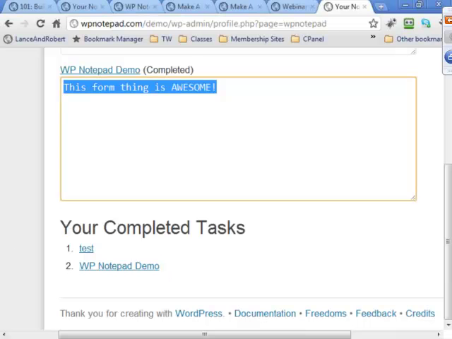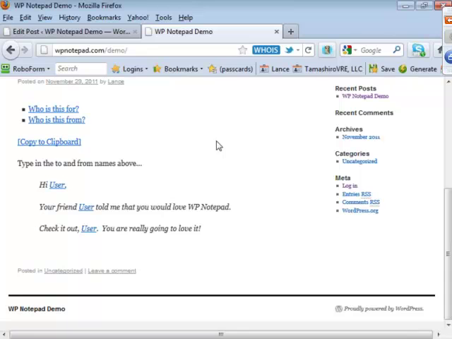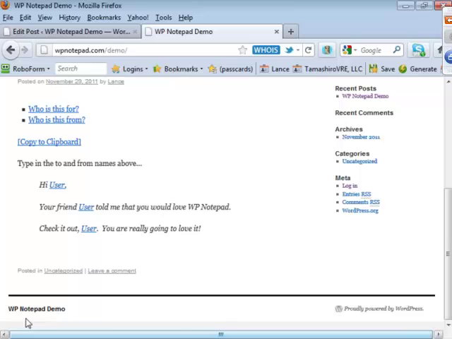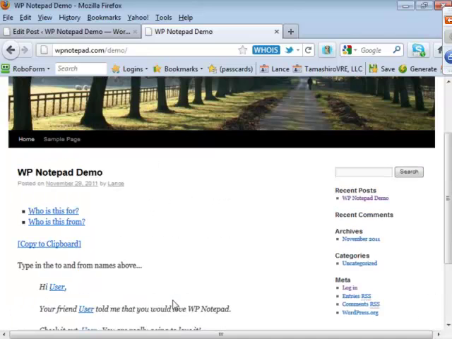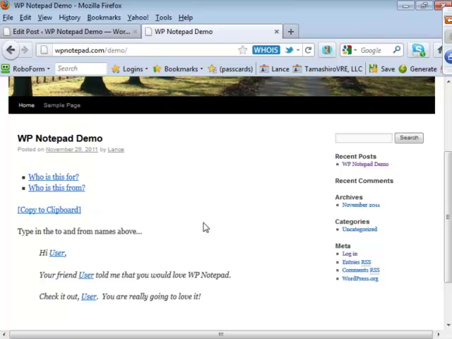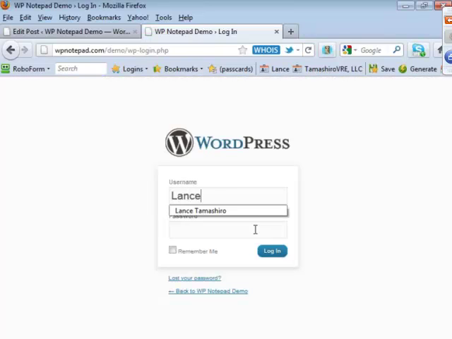So what I want to do again, I'm going to switch back to my non-logged-in site and take a look and check it out. No comments at all showing up. Again, that comment is totally private to only the user that was logged into the site. That note, exactly. Now, I want to do one last thing here. I'm going to log back in. This is my administrator account for this blog.